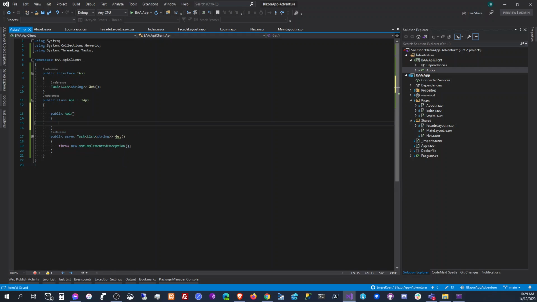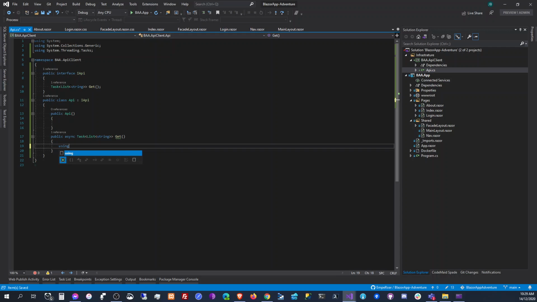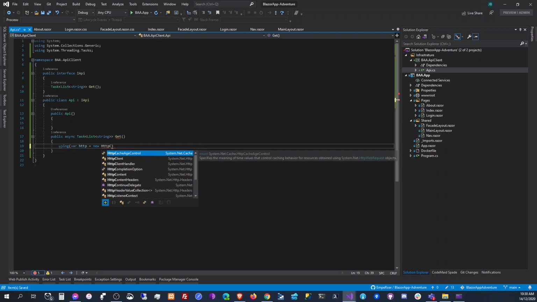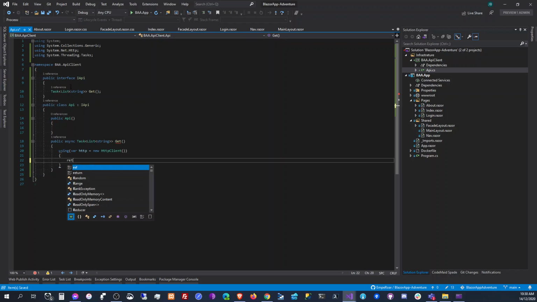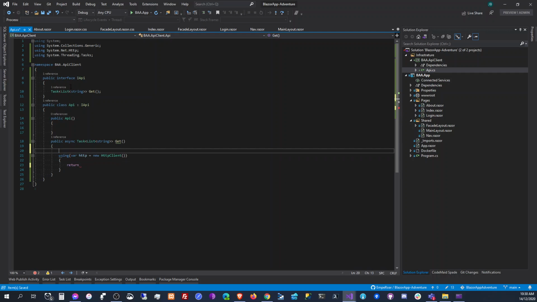We're going to add a constructor here, and we're going to do a using var http plus new http client, like that, and return. No, we don't have to return yet. Or just initialize, or just return null first,